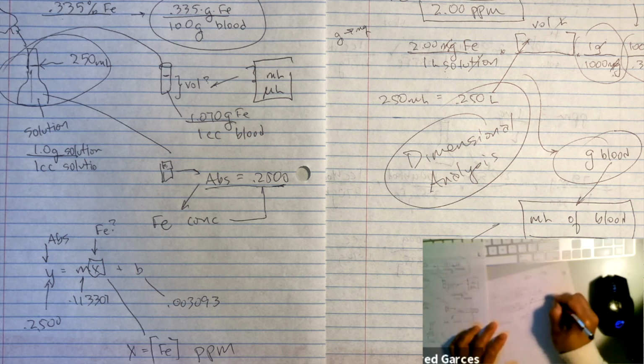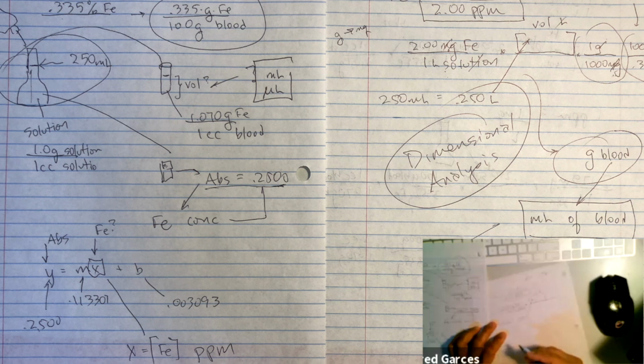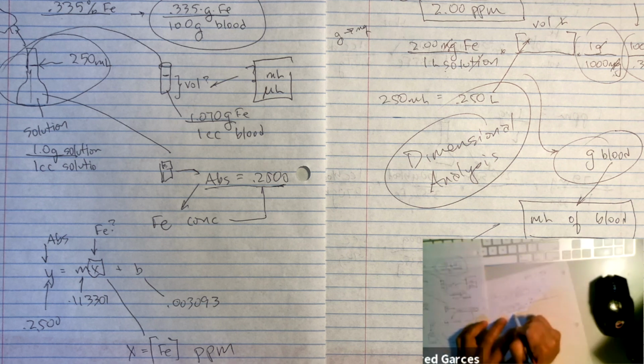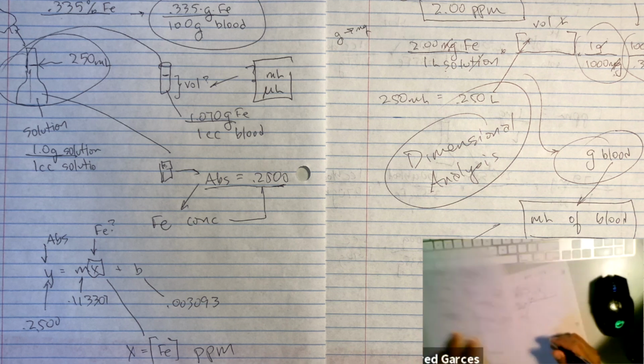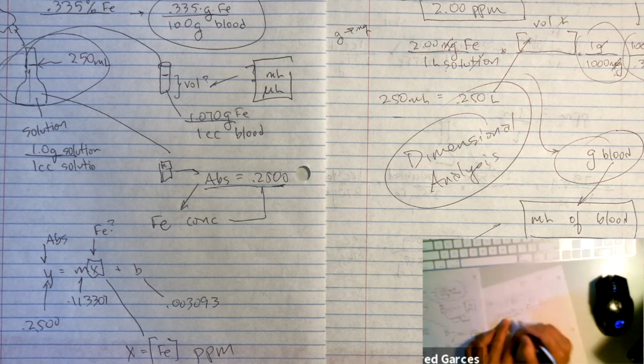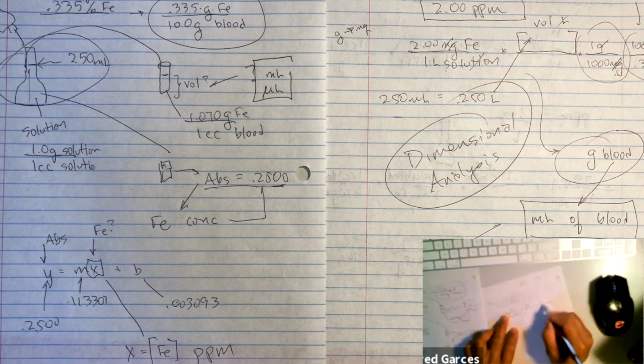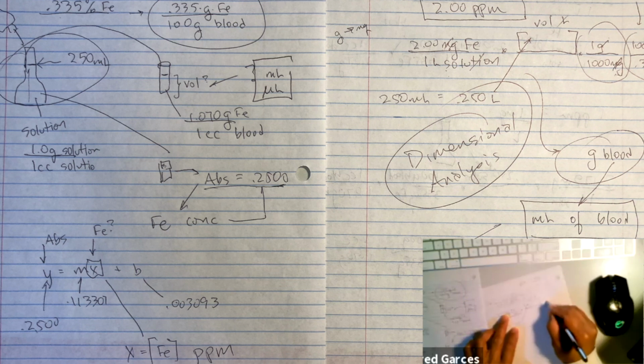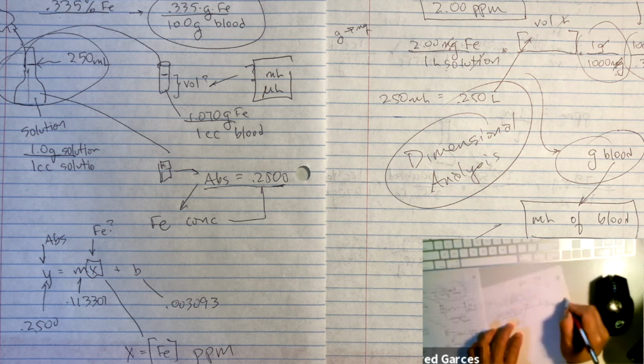Next thing you want to do is, you know that your solution has to have 2 milligrams of iron per liter of solution, but your blood is 0.335%, according to your data, 0.335 grams per 100 grams of blood. Well, this is milligrams of iron, so you need to convert milligrams of iron to grams of iron. It takes 1,000 milligrams to equal 1 gram. The milligrams will cancel. Then we can use this conversion factor